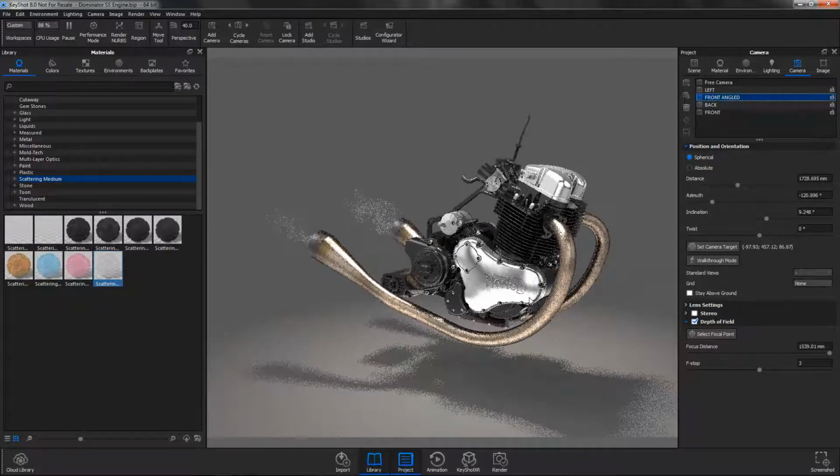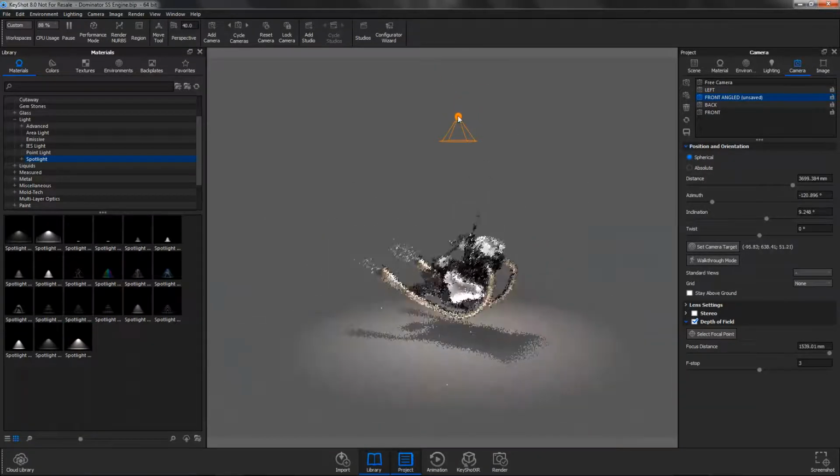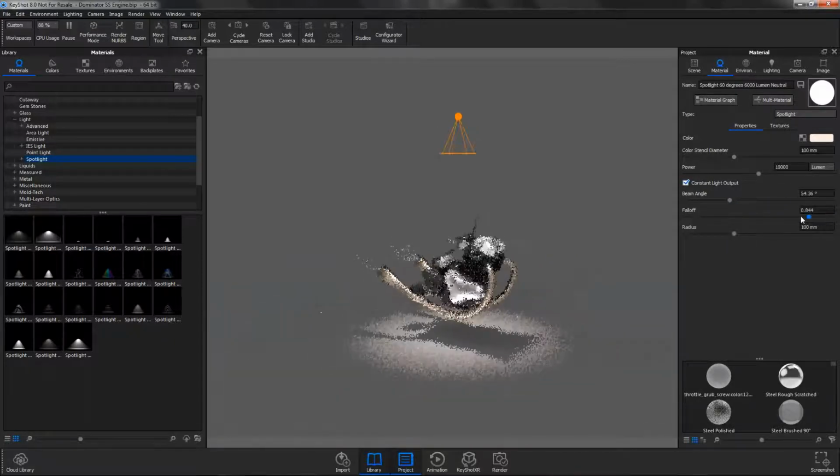Another new feature they've put in: previously, and I'm sure you've heard of KeyShot 7, they had something called IES profiles for lighting. And this was a fairly complicated material. It tended to put people off really, because you had to put in specific details to tell it what sort of lighting you wanted. Whereas now, with the new spotlight feature found in the lighting presets, so we've got spotlight there, you can add spotlights